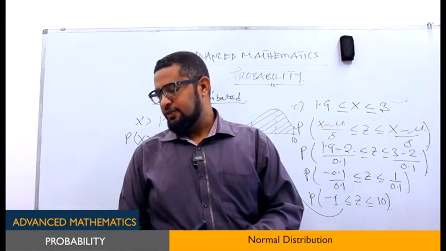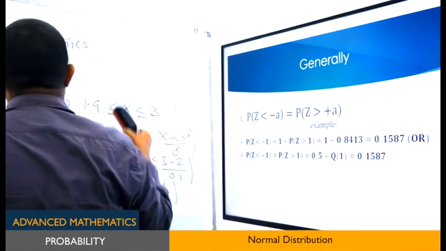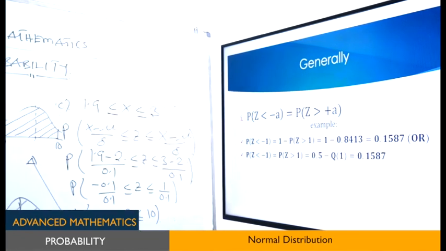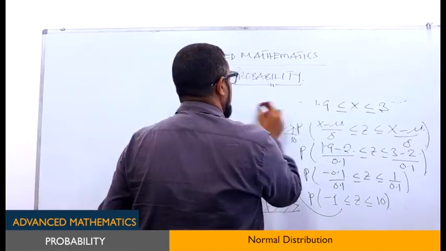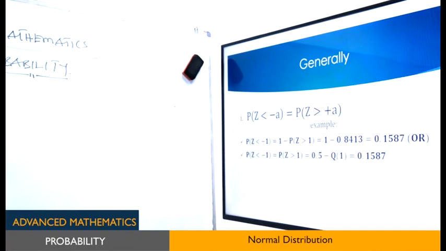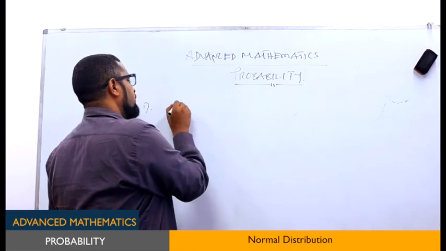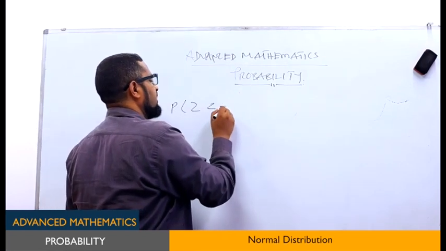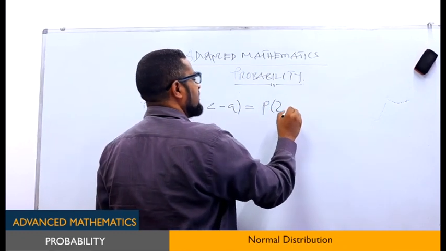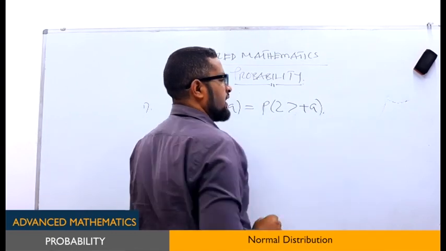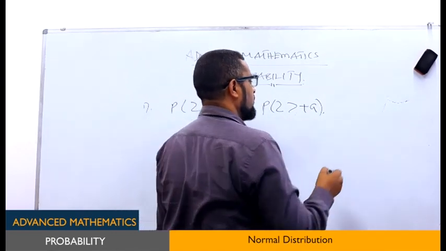Let's see the general cases. There are about 4, and you need to practice. But if you know how to draw this standard normal curve, it's very easy to know which formula is suitable for a given question. Let's see condition number 1. If the probability of Z is less than negative A, this is the same as writing the probability of Z greater than positive A. So if you draw